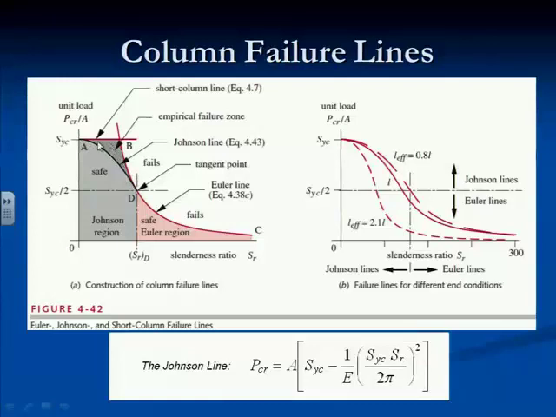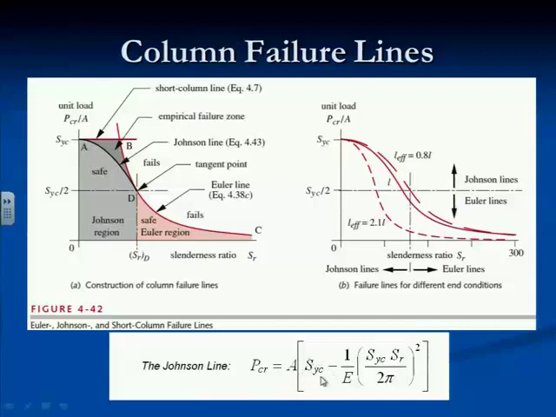So all the failures that occurred in experiments were outside of this line, and he chose to create a parabola that has zero slope and goes through the yield strength of the material on the axis and is tangent to the Euler line at a value halfway between 0 and the yield strength of the material. So that point in the middle is SYC over 2. So if you plug those numbers in as boundary conditions for a parabola and solve it, you get the equation you see down here. So the Johnson line, so-called, is for P critical equal to the area times the